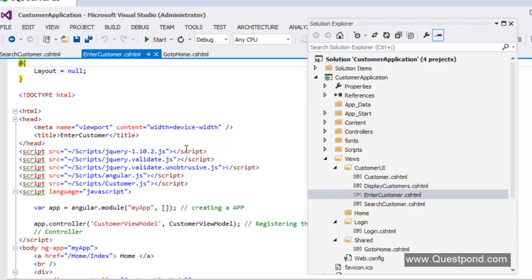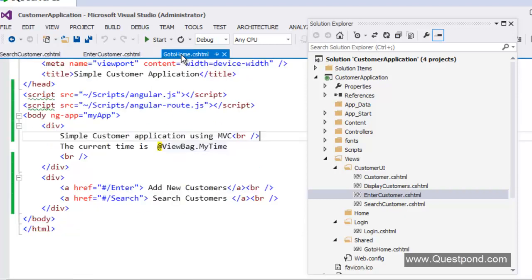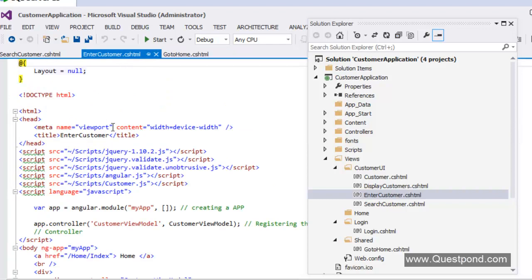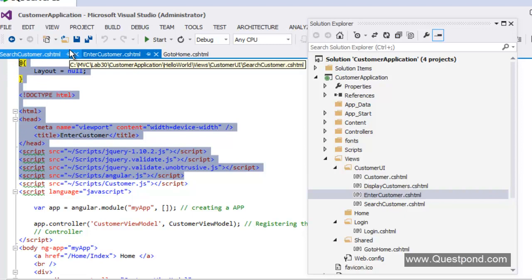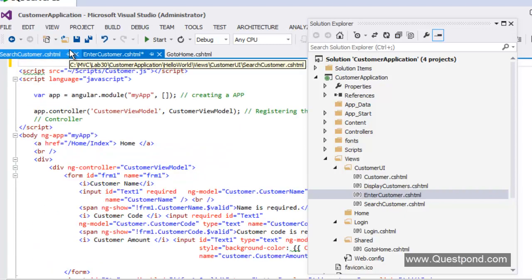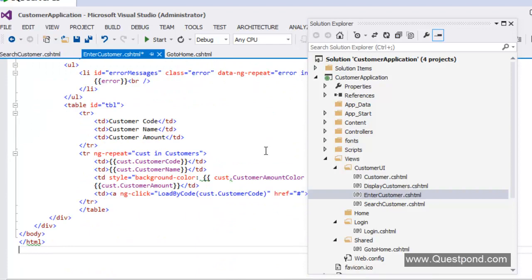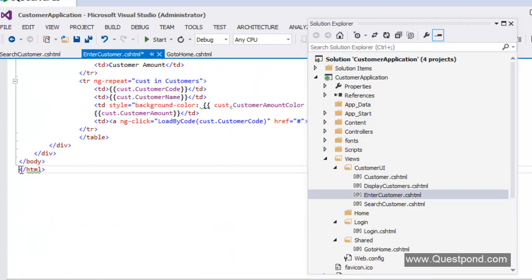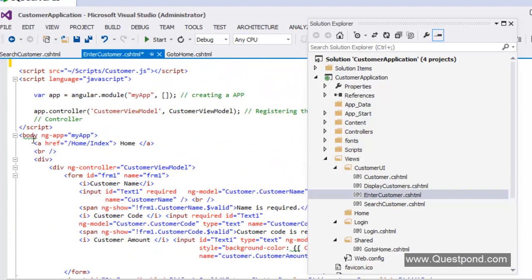Now if you want to load this page inside this go to home.html, we need to strip off the HTML tags, the head, title, etc. So let us do that. I'm going to remove all of these tags from here. So I'm going to delete this one. So it's not going to have HTML, neither body or anything, because everything is going to get loaded dynamically, right? So what I've done is I have removed the body, I have removed everything, and I'm going to just keep